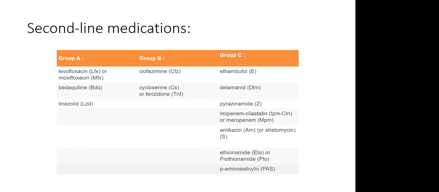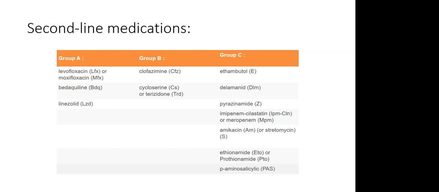The situation is a little more complicated. There were some new guidelines that came in 2019, basically some of these are WHO things. It's different in every country, which is another complication, but the second-line drugs are put into various groups. So you have your group A's, your group B's, and your group C's, and you want to try to have the various medicines coming from that one group.